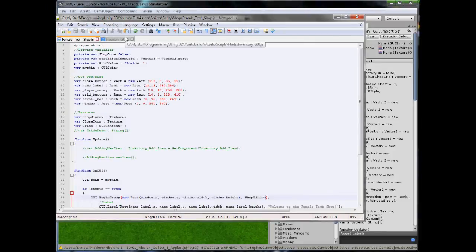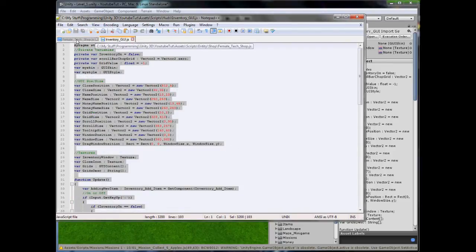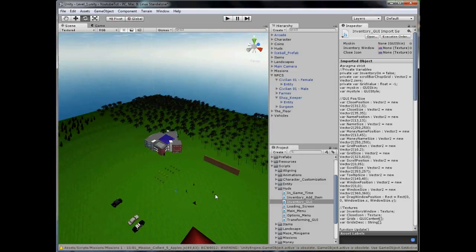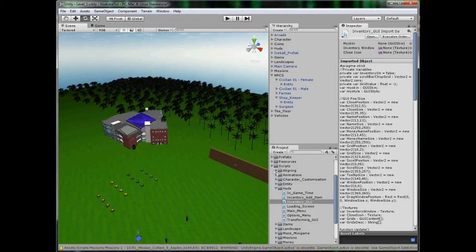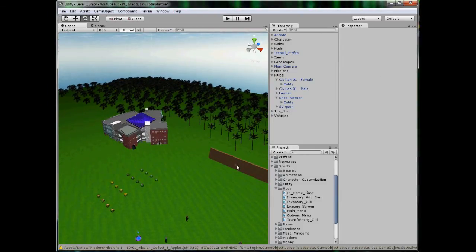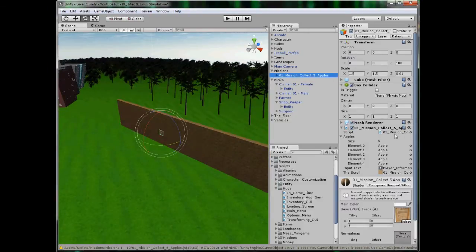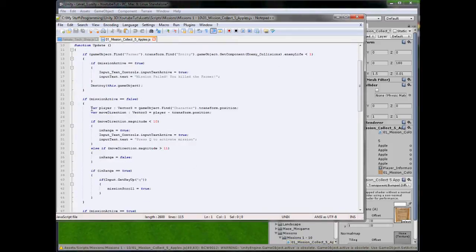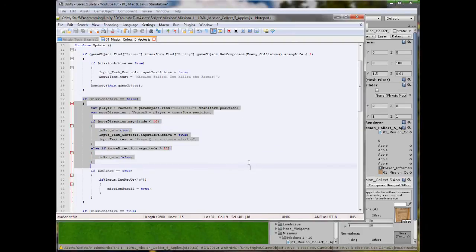So next what we're going to do is make it so when you walk up close to him, it'll say something along the lines of press something to activate shop. Something like we've done before. I just can't remember the script. We did it for the mission. So we can go to this, get the mission one, and we can just edit some of these. So here